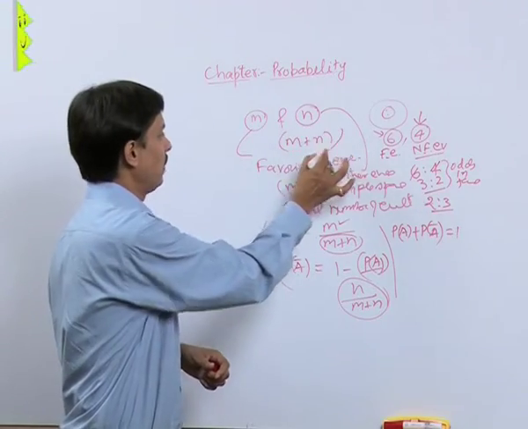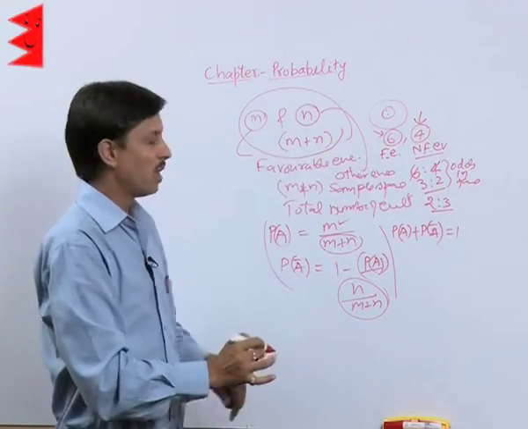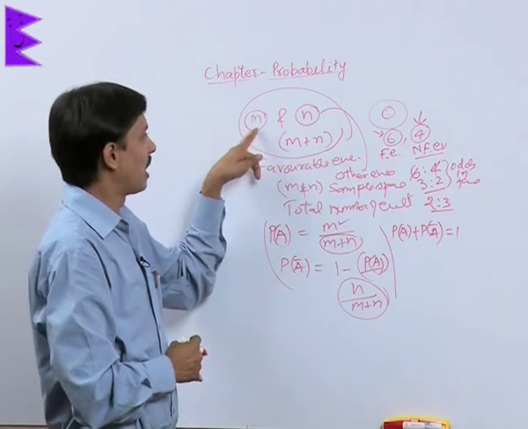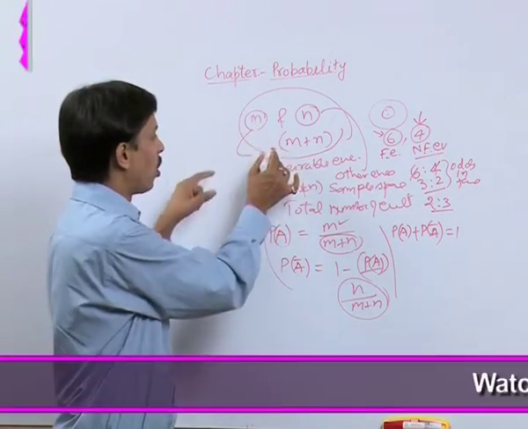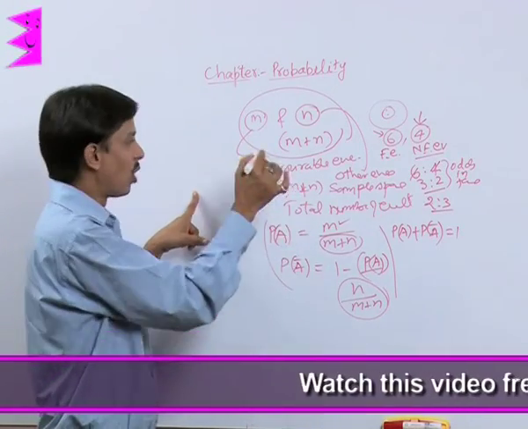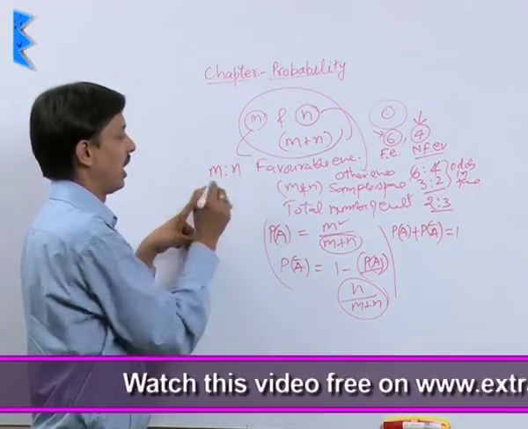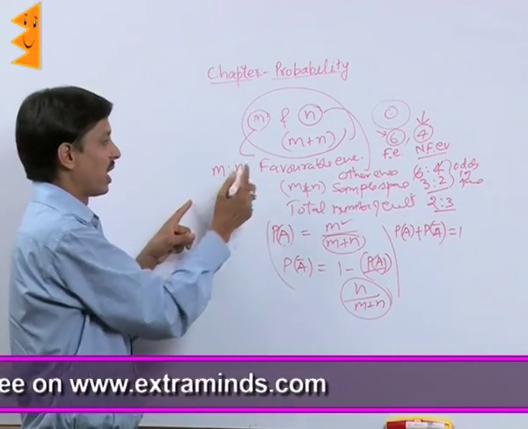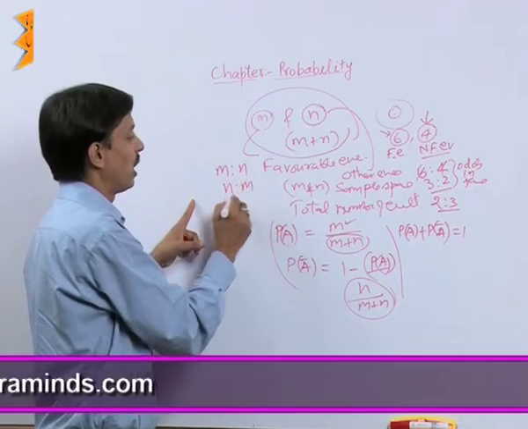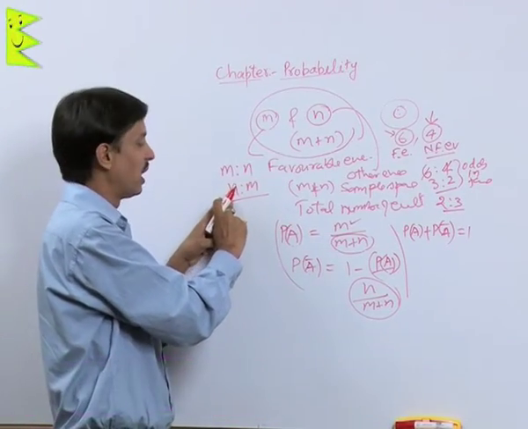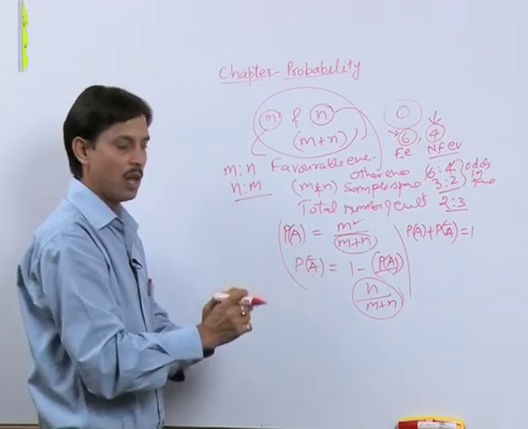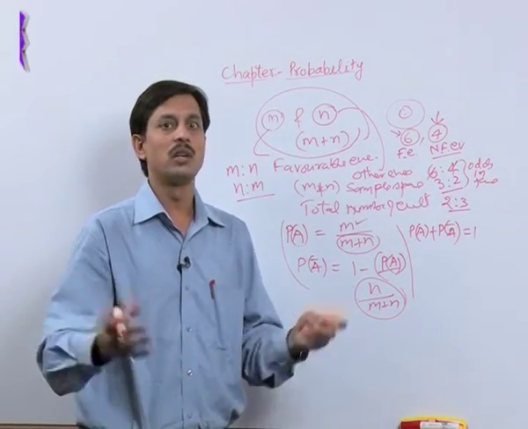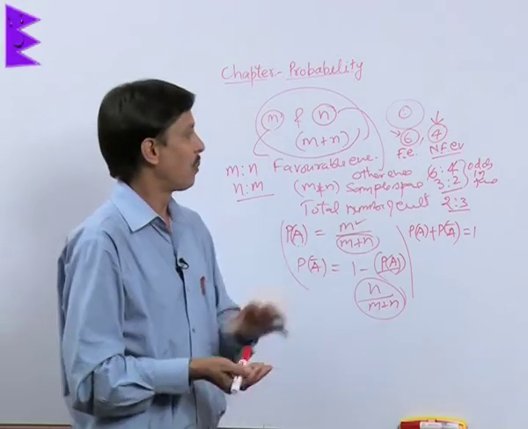Suppose in general, out of a total of m plus n elementary events, m are favoring me. Then what are the odds in favor? The odds in favor will be m:n, because m times I succeed and n times I don't. And what are odds against? n:m, because n times I was a failure and m times I was successful. So this is one thing, and now we will discuss a large number of questions for practicing the problems of probability.